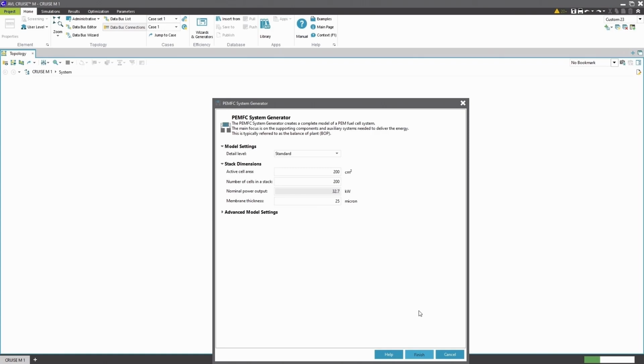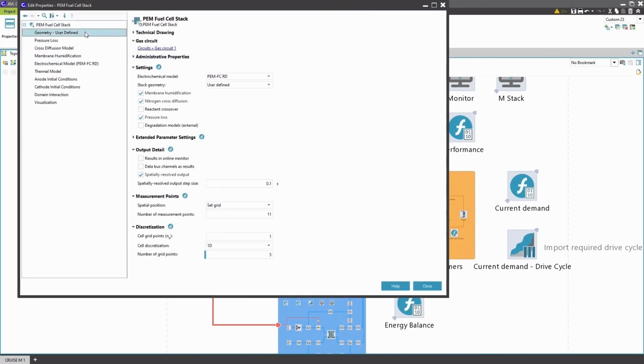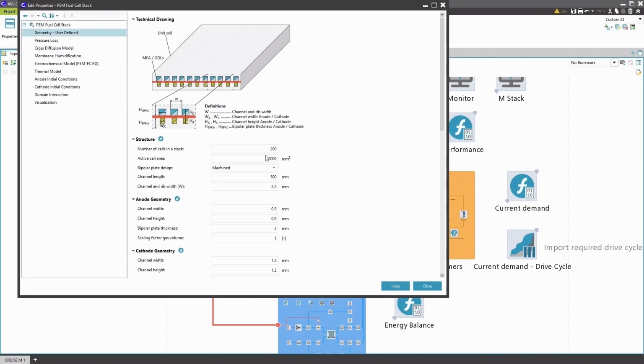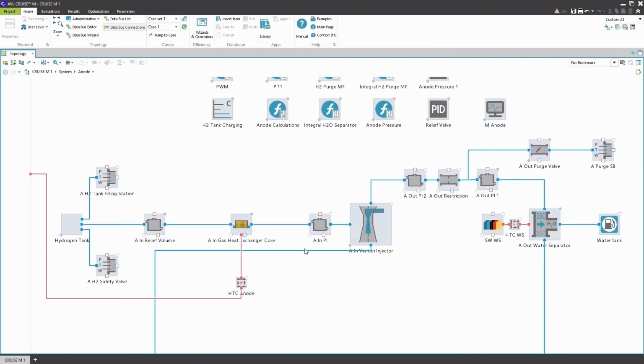tool automatically sets up the BOP system, the anode path for the hydrogen supply, the cathode path for the air supply, and the electrical network that's required to drive the compressor and to deliver the electrical power output to the consumers. The user can interact with the individual components and subsystems by typing in more detailed specific information if available,